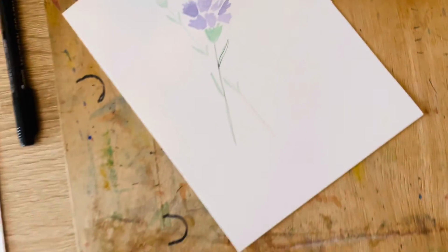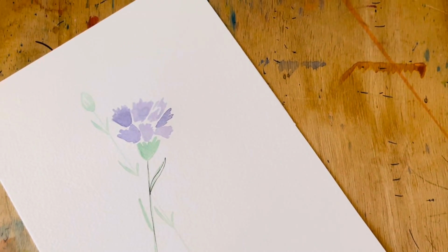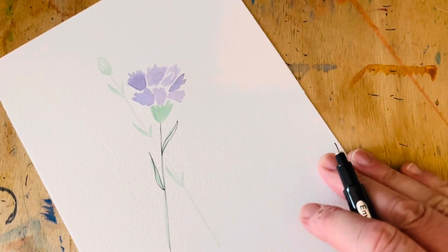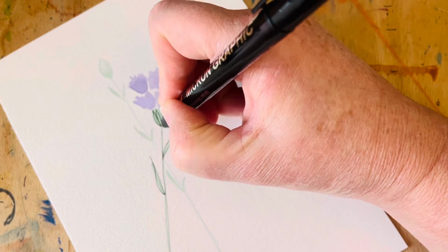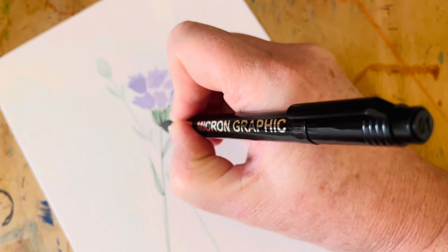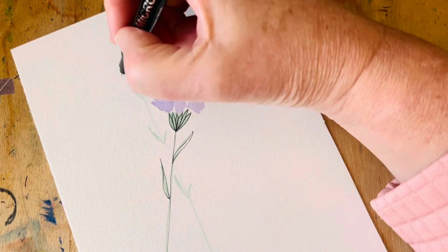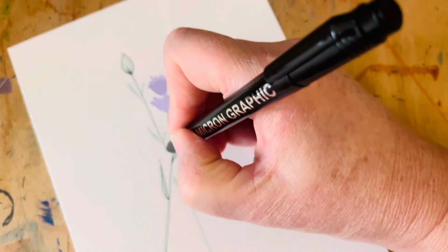Just move the camera up ever so slightly so it's a little bit higher. There we go. So then we can add in just those little leaves. For the base of the flower, we're just going to do some simple little oval shapes, all grouped together. We'll come around the bud. Let's put one or two little lines in at the base there. Add in that stem,